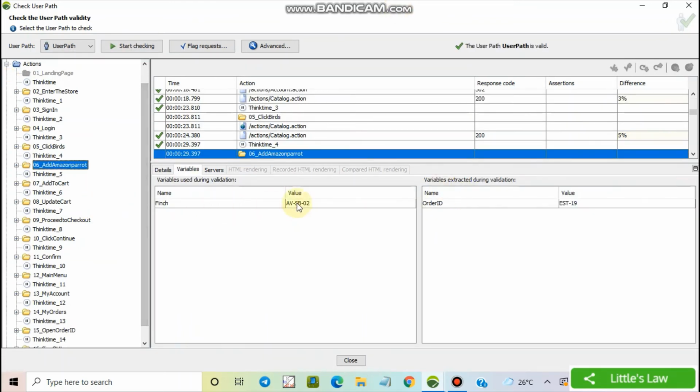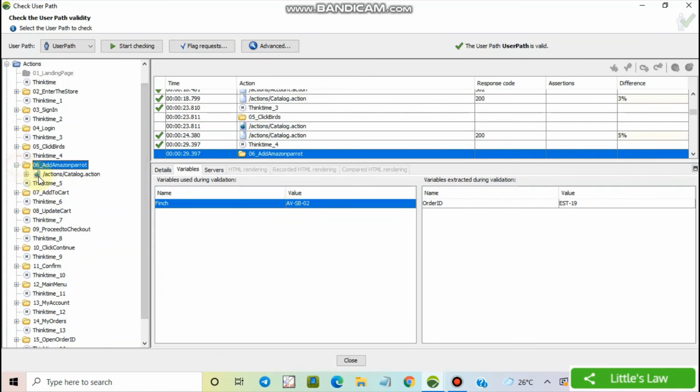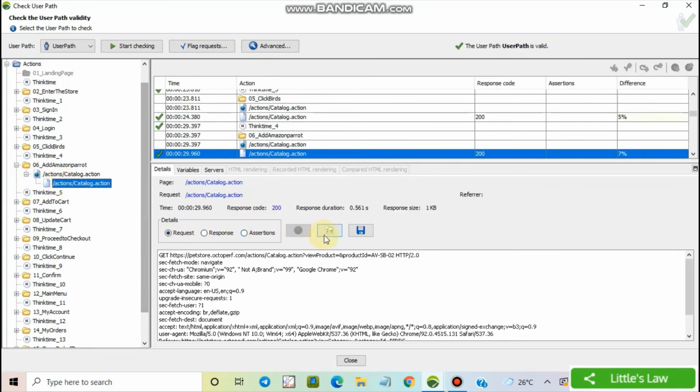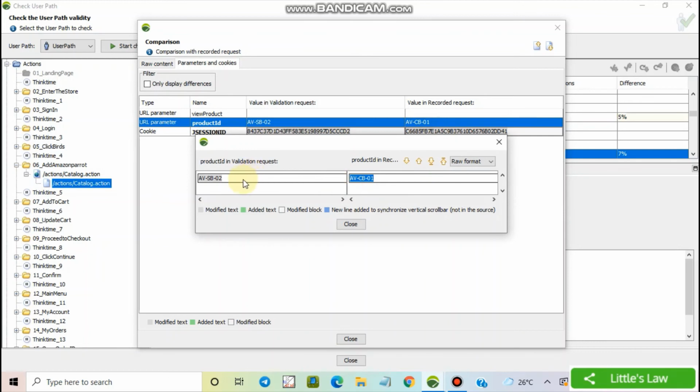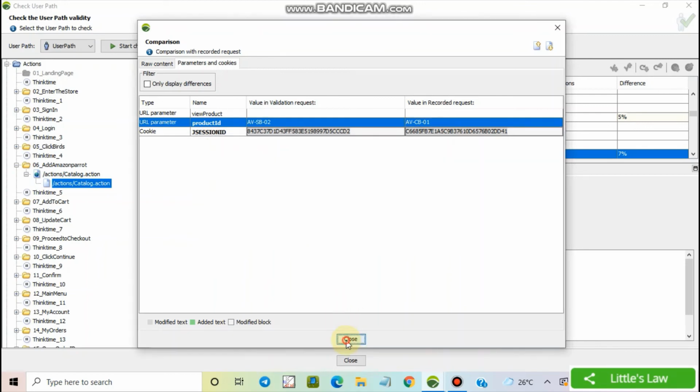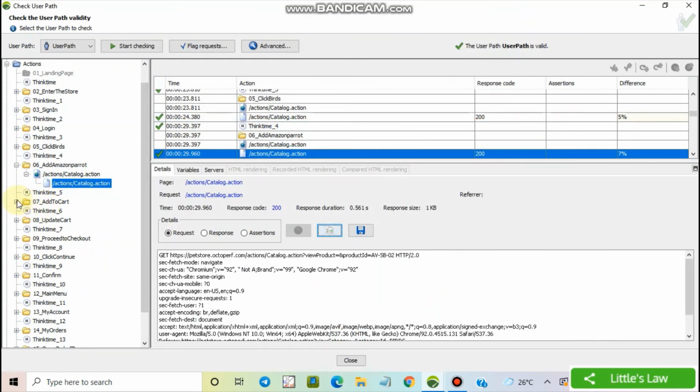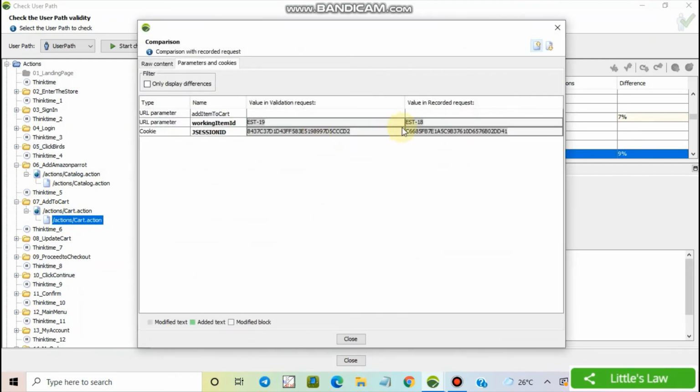And here we can see we have selected the value. Let's now compare it. I will take you through the request, and here this is what was recorded, and after correlation this is the value that is being taken from the response and replaced. Let's now go to the next request and see. Here you can see it was initially EST 18 and now it is EST 19, which is the bird